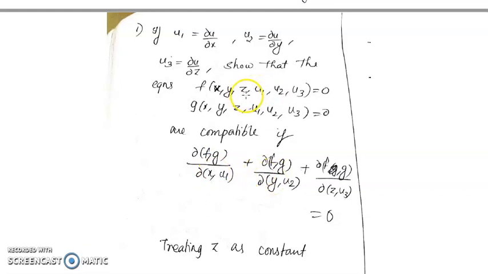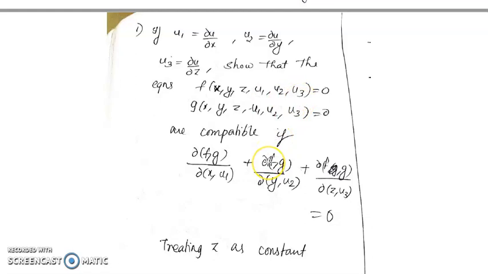So here you have a function u, and u is a function of x, y and z. Then in the problem we did earlier, it does not contain the dependent variable. So f is a function of independent variables and the partial derivatives with respect to the independent variables. But here also u is the dependent variable. So f and g are independent of the dependent variable and they are functions of the independent variables x, y, z and the derivatives u1, u2 and u3.